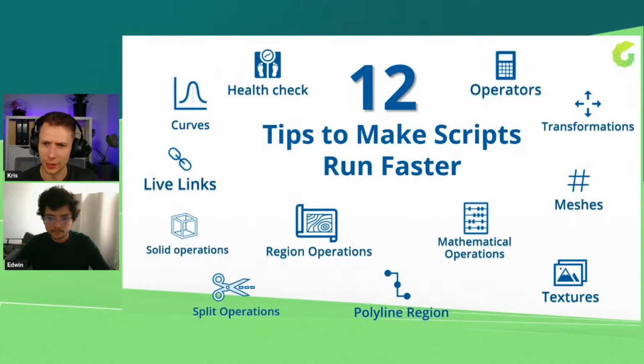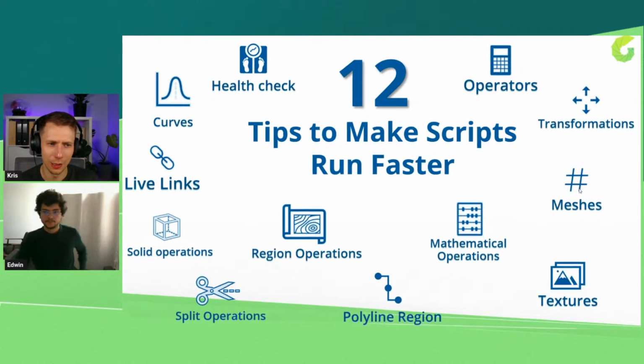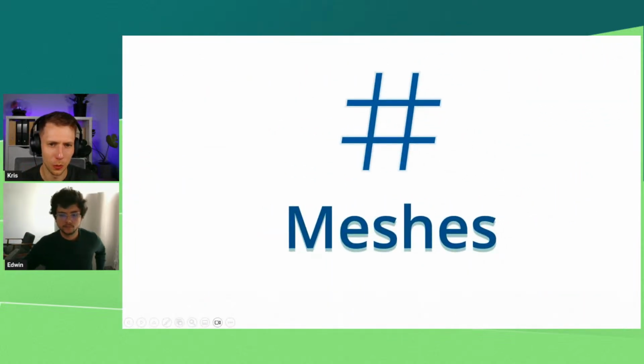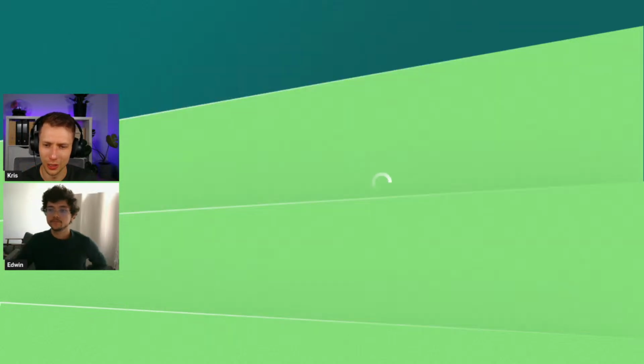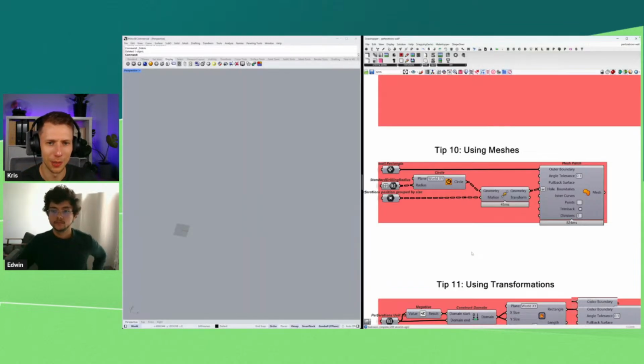Let's go to the next one, and I think one of the most important, like one of the last ones. Let's go to meshes. People always try to work on solid elements and try to avoid meshes, but actually, when it comes to computing time, when you showed point, line, and then it is supposed to be mesh, because it's much faster. It's not as fast as lines, but it's almost the same. So what kind of tip do you have here?